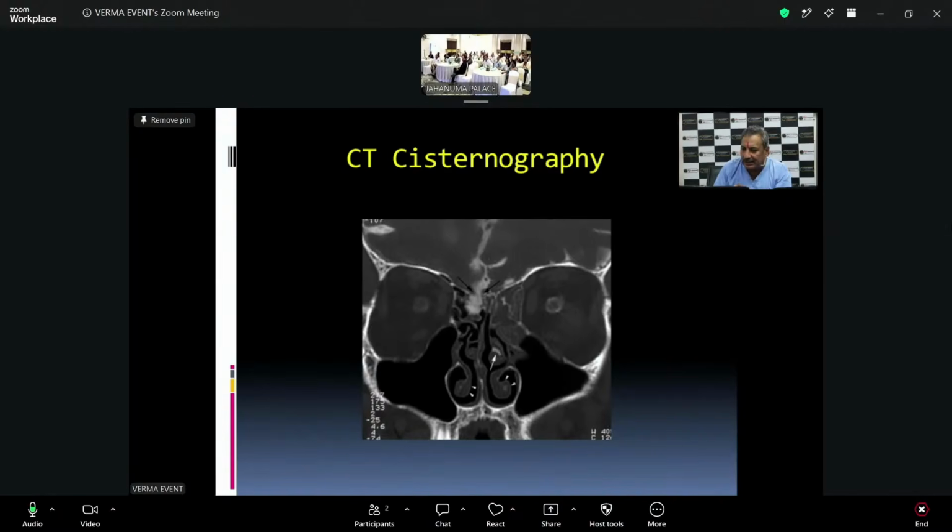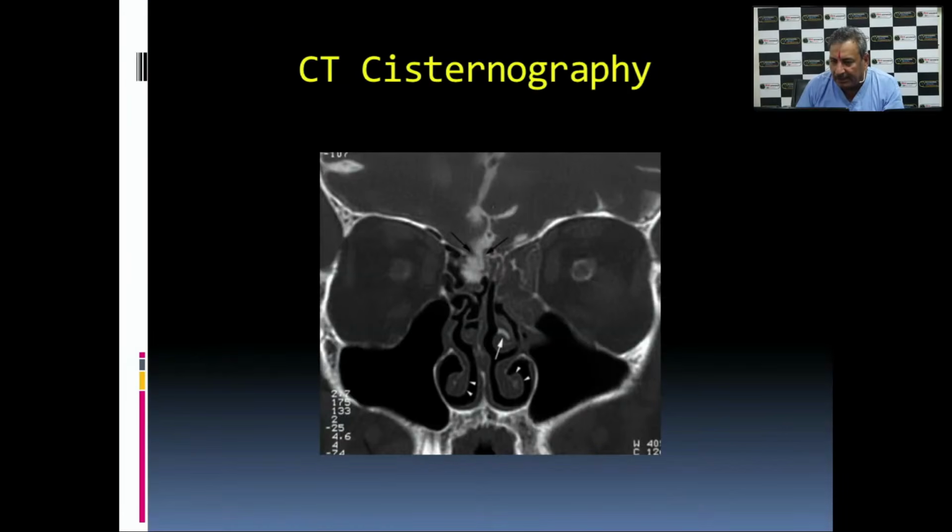The disadvantage is the contrast can give a reaction, can lead to complete paralysis, neurological complications, a lot of neurological complications. This contrast stays in the intrathecal space for 2 to 3 hours. During that time you need to scan again and again, CT scan again, to see if any contrast is coming down in the nose. And since CT has radiation, shooting CT scan again and again during that period can be hazardous to